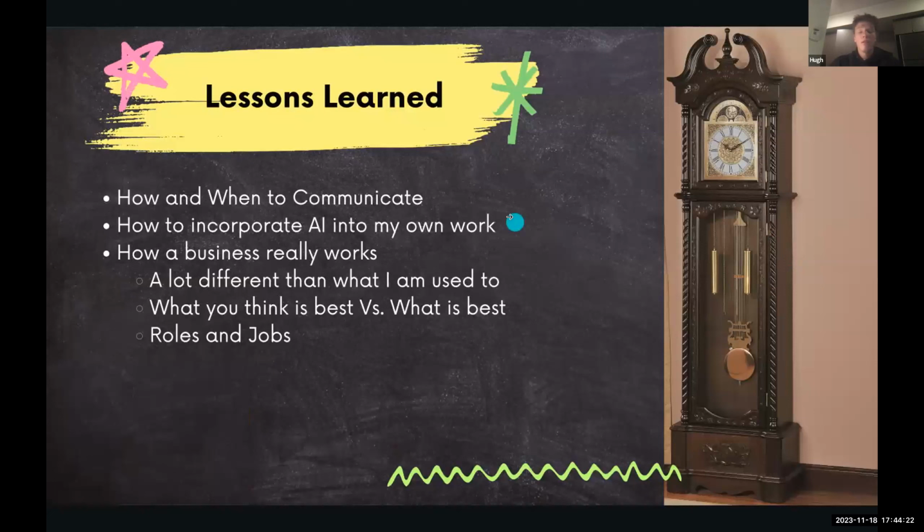Lessons learned. Personally, I learned a lot about communication and how and when to communicate: what type of messages are the right ones to send, how to get the right answers, and when to send them so someone will actually see it and it won't just pile up in their inbox. I also learned how to incorporate AI in my own work, because Michael came to one of our demos and said, you should become super efficient and use AI as much as you can. It's the way of the future. I took that to heart and started using AI to make my work higher quality and make more work faster. And it really helped me.